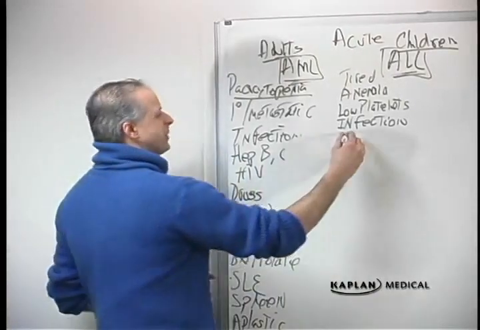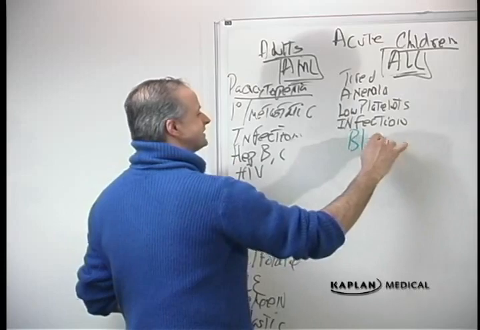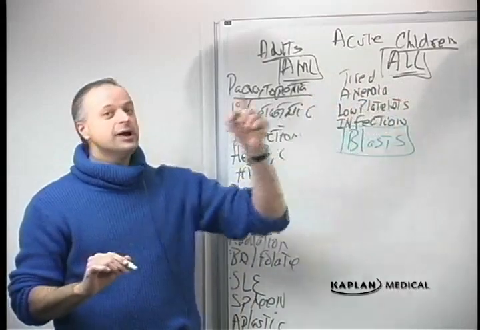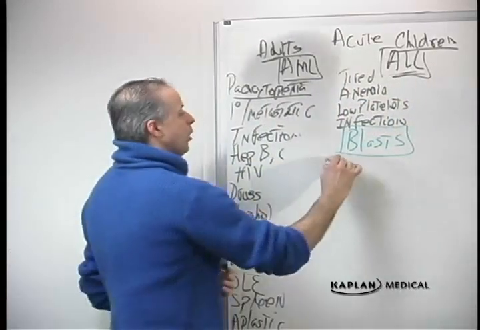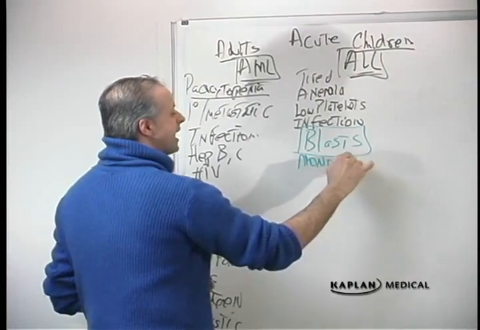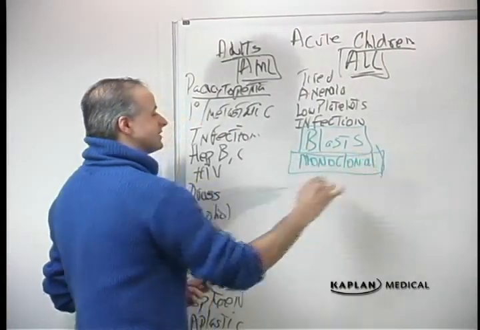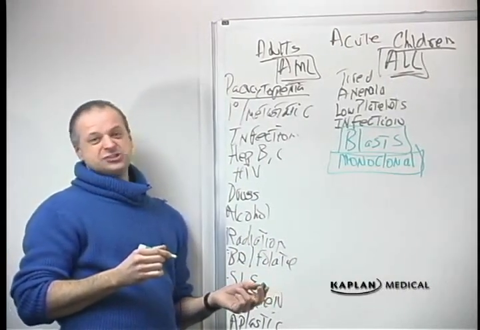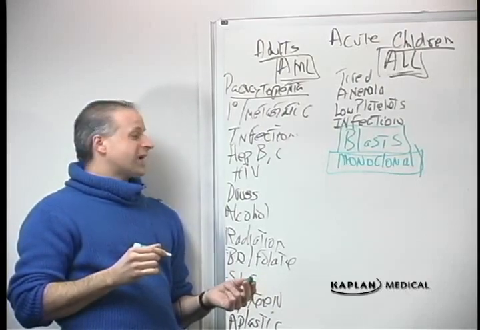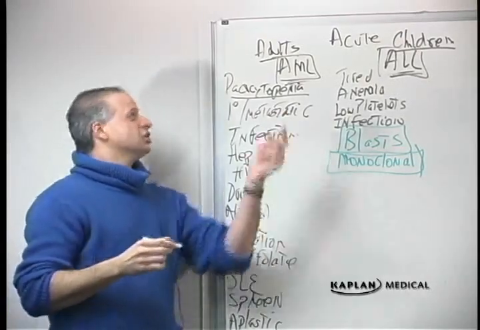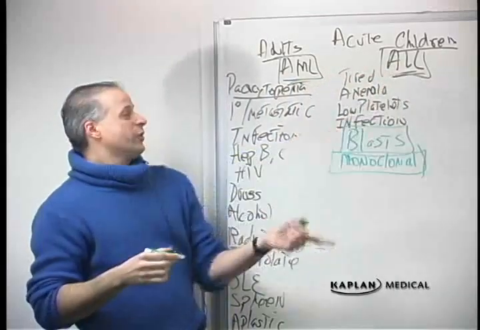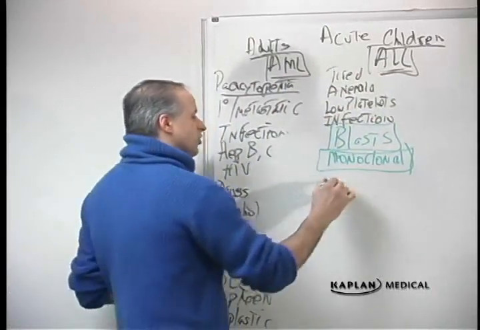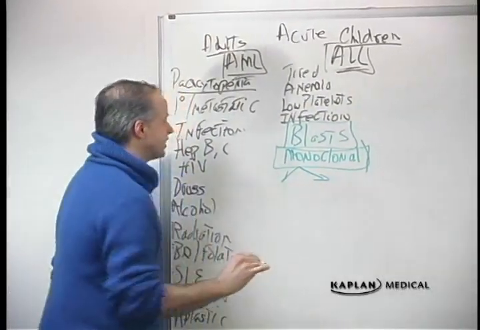What's different about leukemia from all the others is the presence of blasts. Blasts tell us we have acute leukemia, but don't tell us which type. We have to use monoclonal antibodies to tell us which type. The same way that we have monoclonal antibodies telling us whether we have hepatitis B or C, HIV or CMV or any of the other viruses, we have antibodies that tell us, do we have acute myelogenous, do we have acute lymphocytic? Which type of acute myelogenous? Which type of acute lymphocytic? Blasts. Now, there are also certain stains that can help distinguish them.